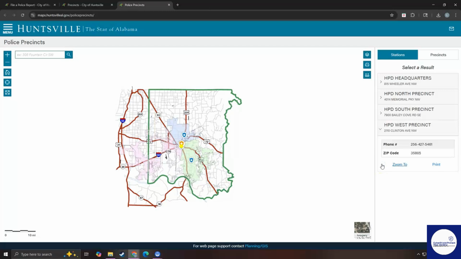And if your zip code is 35805, you want to visit the West Precinct, which is located at 2110 Clinton Avenue Northwest. When you visit the precinct, you want to make sure and bring your identity theft report,